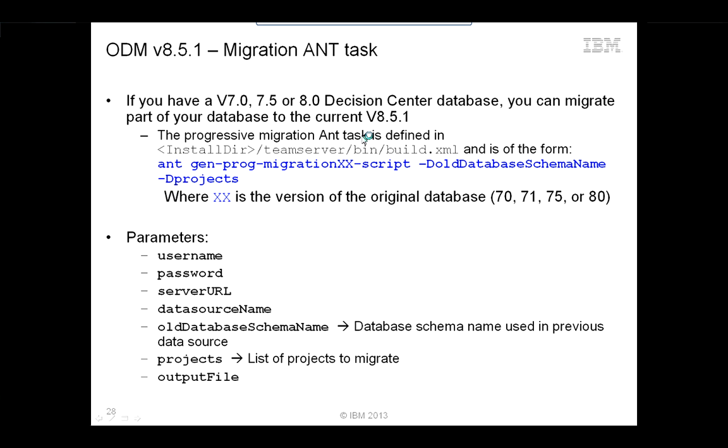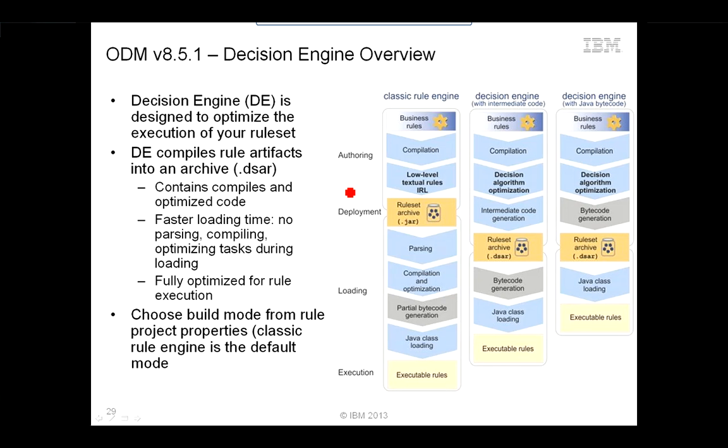And so another enhancement, they introduced progressive migration and a task to migrate the older Decision Center database. So what you're going to do is execute the ant task called ant gem prog migration script with all the options. So this X portion that you see on the screen,